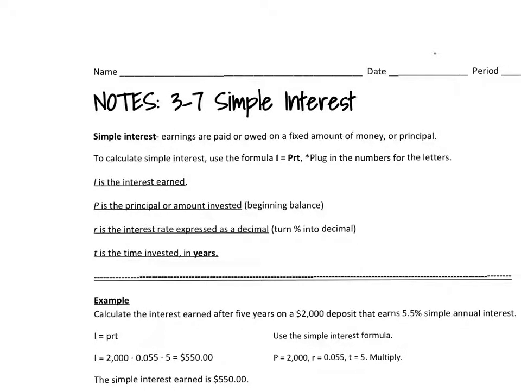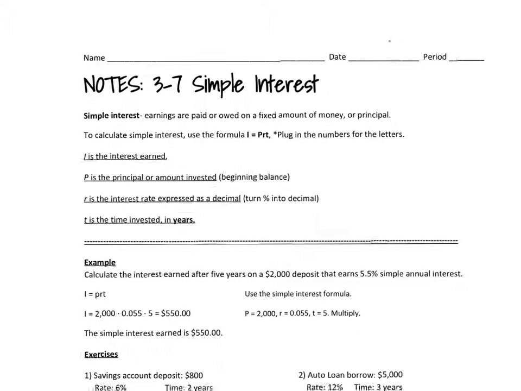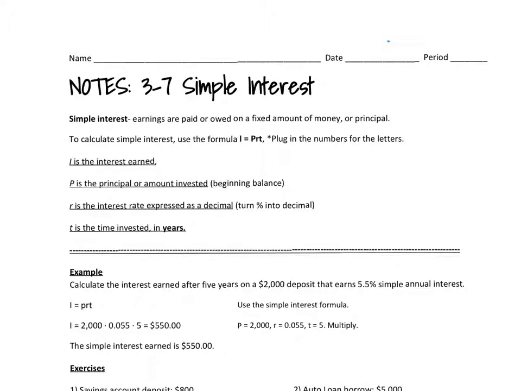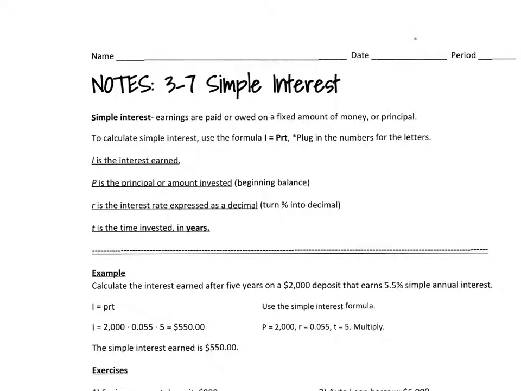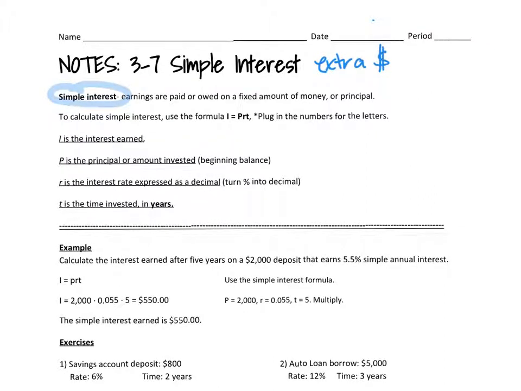Okay, so simple interest is earnings that are paid or owed on a fixed amount of money or principal. So basically, we want to think of it as extra money, whether you're owing this extra money or you're earning this extra money. So if you take out a loan at the bank for $10,000, you want to buy a